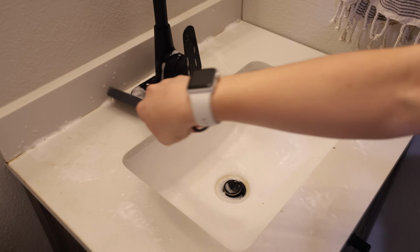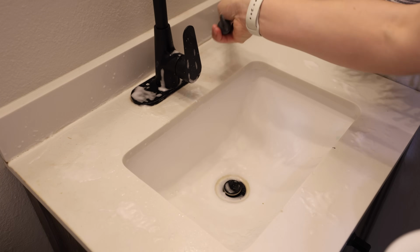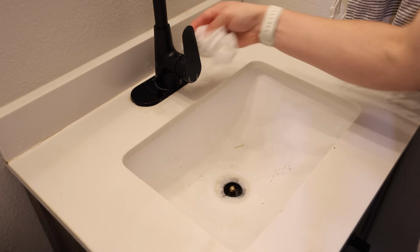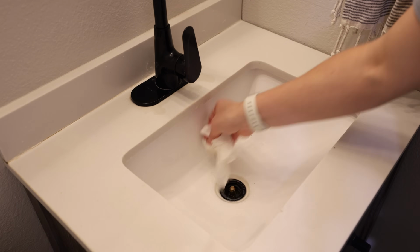To clean this bathroom, I started off by taking everything out of the bathroom. I threw that bath mat and also the towel from the bathroom into the washer, got those going, and then finished clearing everything out of the room and sprayed on some of that Barkeeper's Friend on this countertop and in